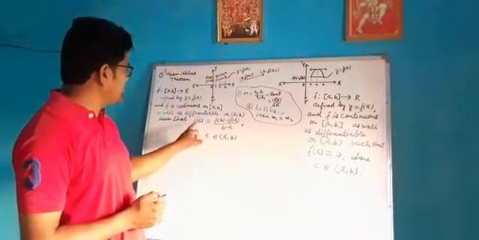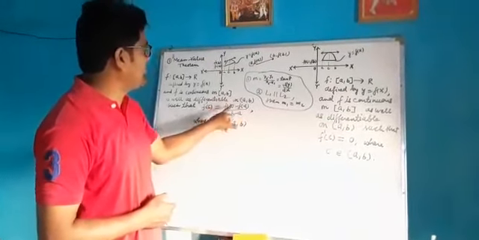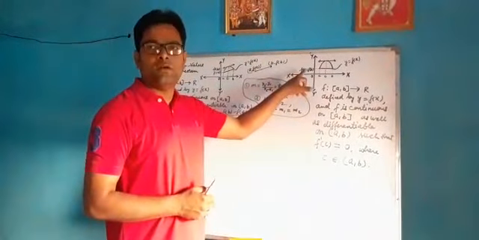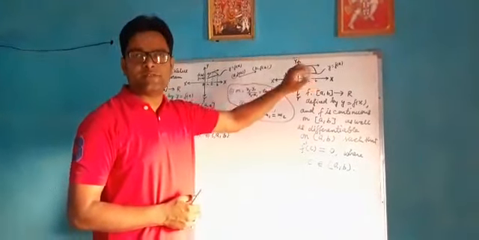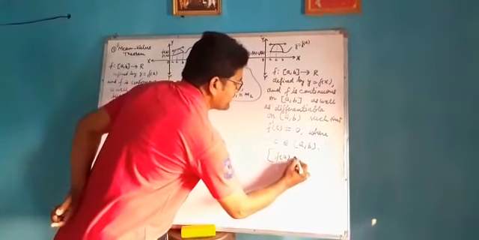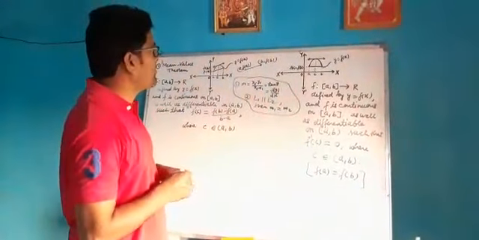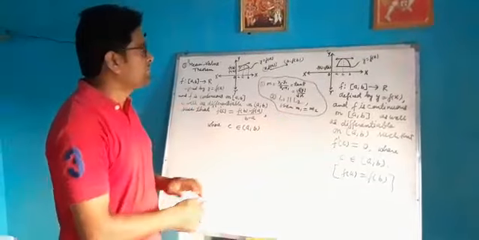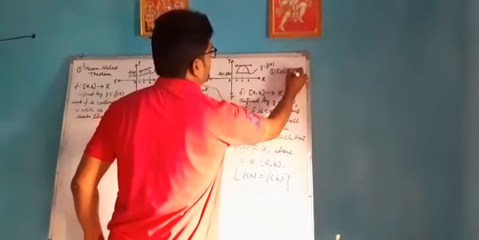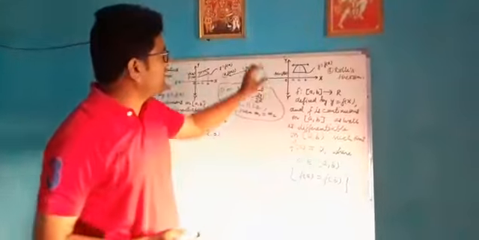You can see the only difference is that here f dash c is equal to 0, and in the mean value theorem f dash c is equal to f of b minus f of a by b minus a. This is due to f of a being equal to f of b. The levels are equal. So we can keep in mind that here f of a will be equal to f of b. So this is all about Rolle's theorem and the mean value theorem. So this one is Rolle's theorem. I hope everyone understood this geometrical interpretation also.